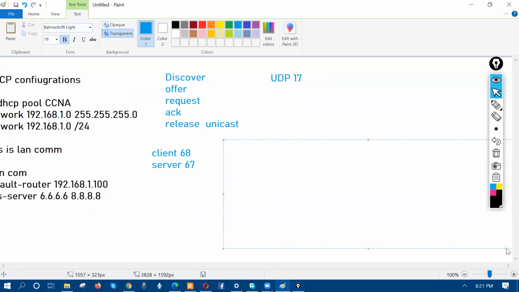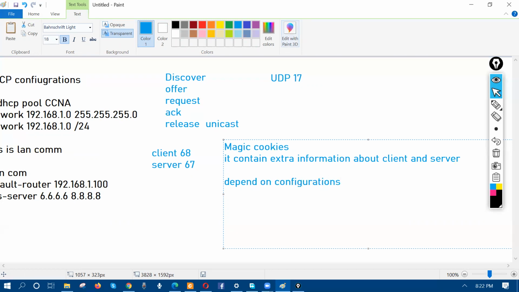What is the use of magic cookies? What is magic cookies? It contains extra information about client and server, right? Depending on the configuration, your cookies will change, right? Change. For example,